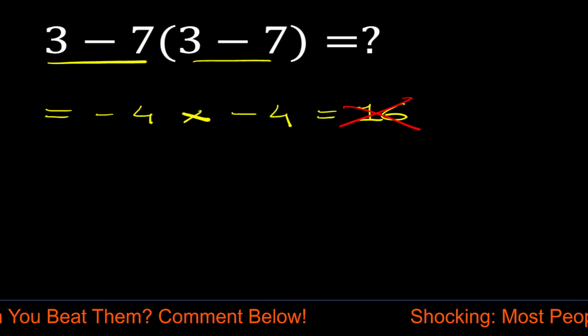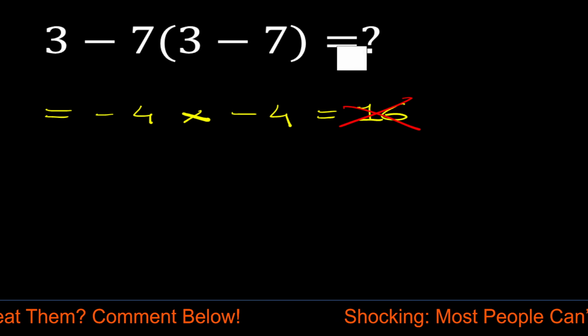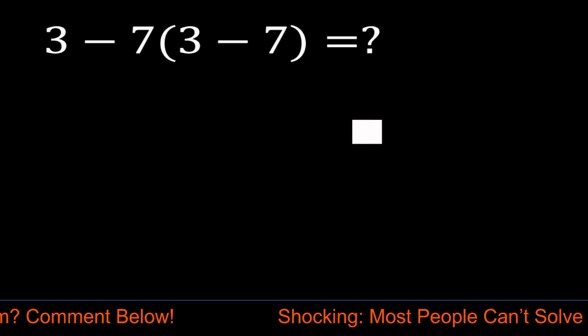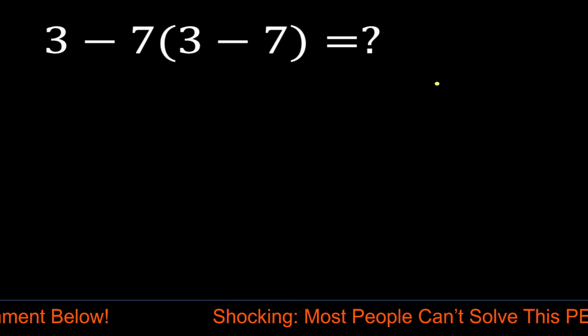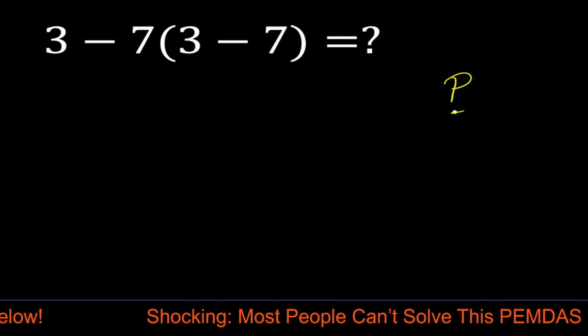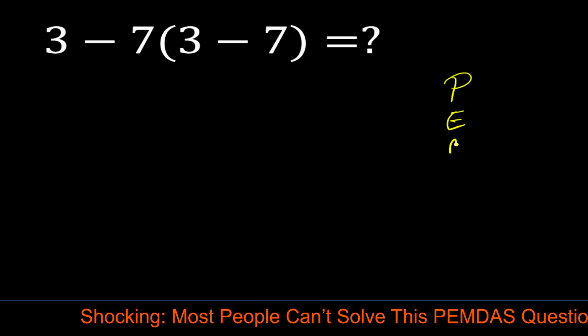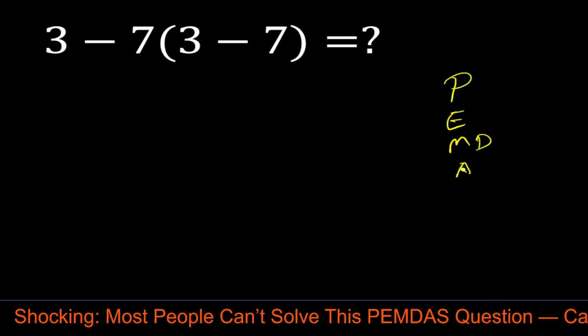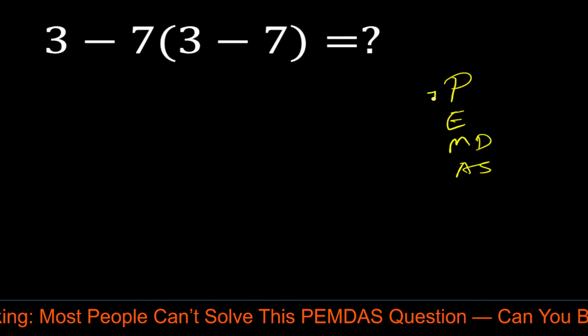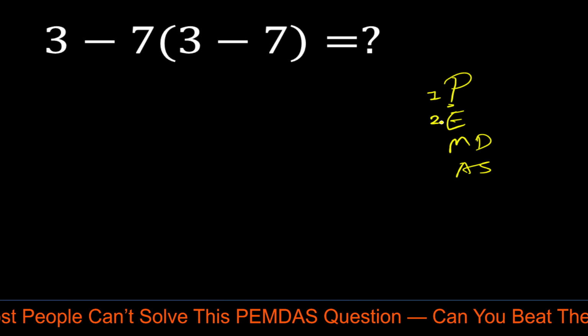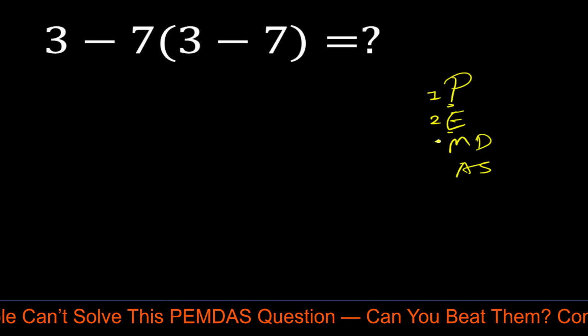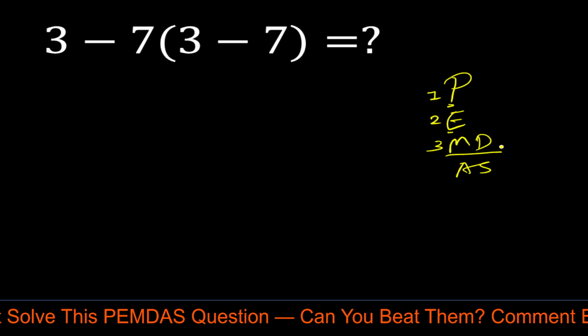This answer is completely wrong. So now let's solve this problem correctly by using the PEMDAS rule, right? So PEMDAS, P-E-M-D-A-S. According to the PEMDAS rule, first priority is parentheses, then second priority is exponents, then third priority is multiplication and